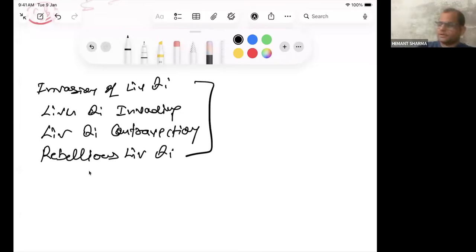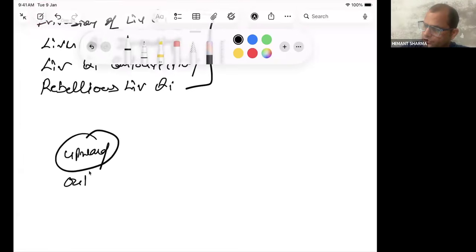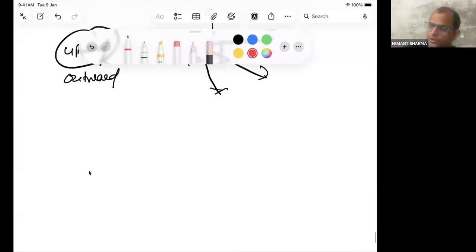So now, because liver chi is generally going in the upward direction and outward direction. So liver chi can go upward, liver chi can go horizontally, liver chi can go even outward, downward, but most important upward and outward. So now when we talk about liver chi contravention,